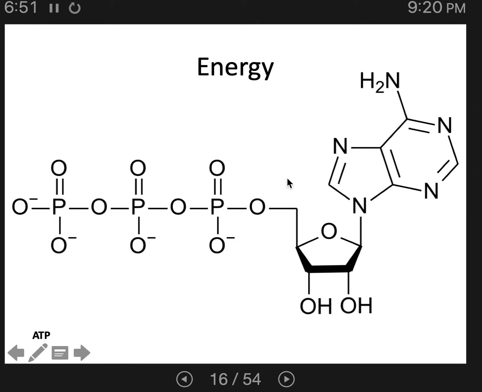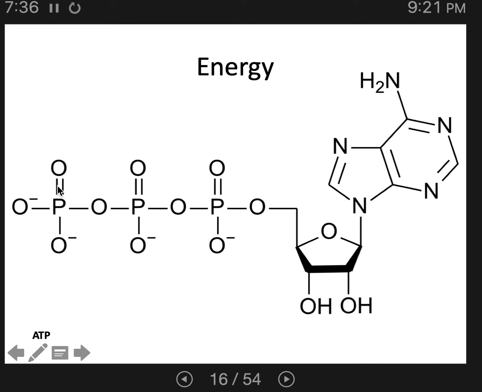This is the high energy piece of this molecule, these 3 phosphate groups. The reason it's high energy is because these bonds are very unstable. They're very unstable because you have a lot of electrons packed into a tiny space. And remember, all electrons are negatively charged. Opposites attract, but like repels. So there's all these negative charges repelling each other, but they're forced close together because each line here represents a